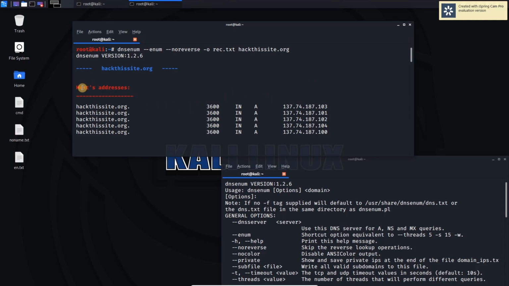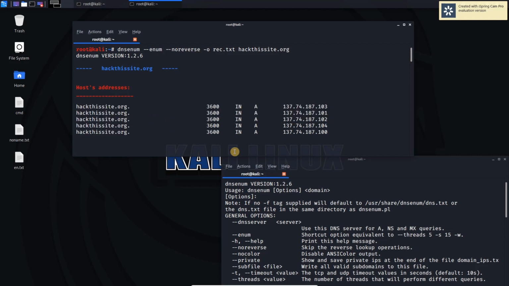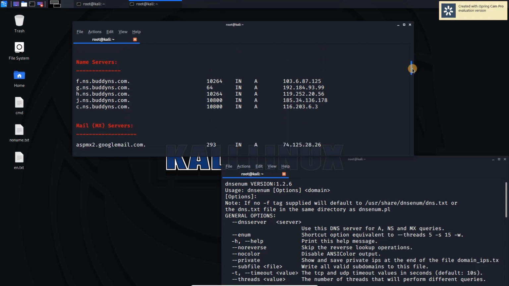It has found that there are 5 different IP addresses belonging to these host addresses, and those IP addresses are these. It has found them from A records, and there are 5 name servers that this tool has found.